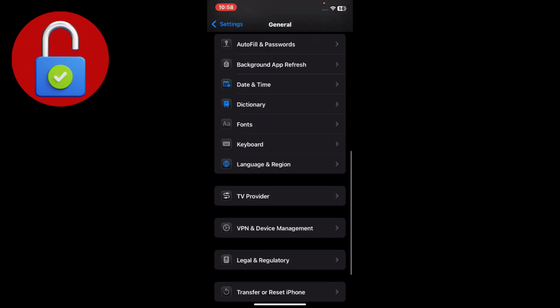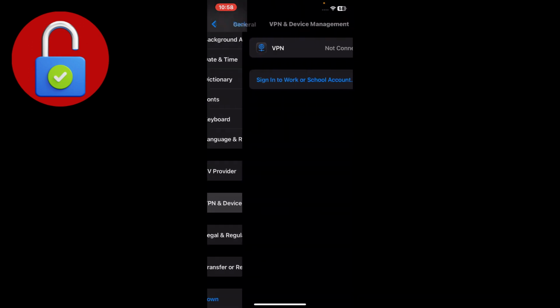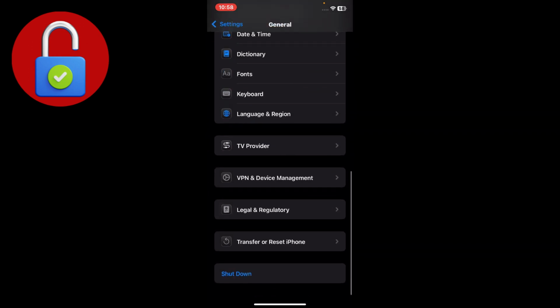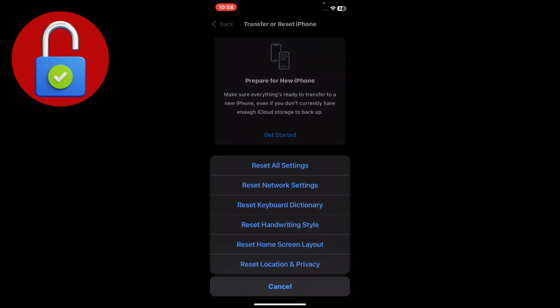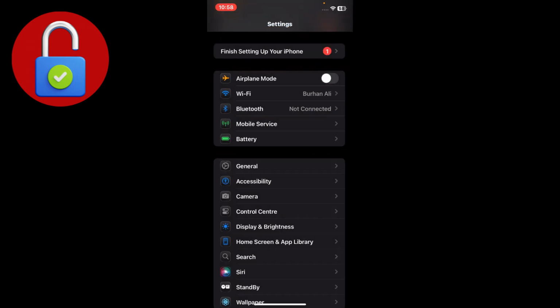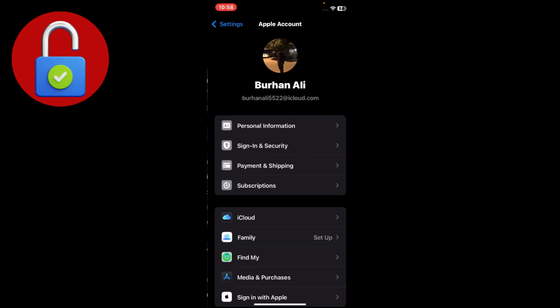After that, simply scroll down and go to the VPN and Device Management section. Here, disconnect the VPN. After that, scroll down and tap on Transfer or Reset iPhone, then tap on Reset, and reset the network settings from here. Simply go back, go to your Apple ID, and go to the Payment and Shipping section